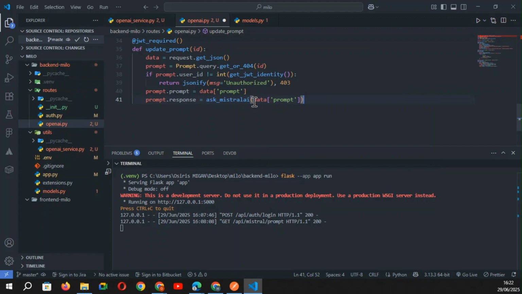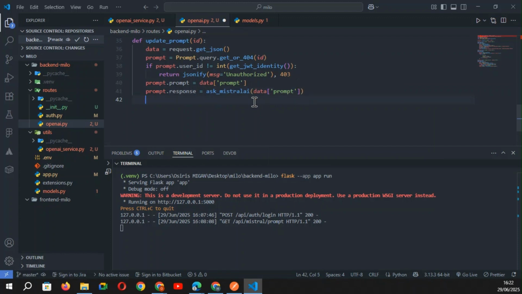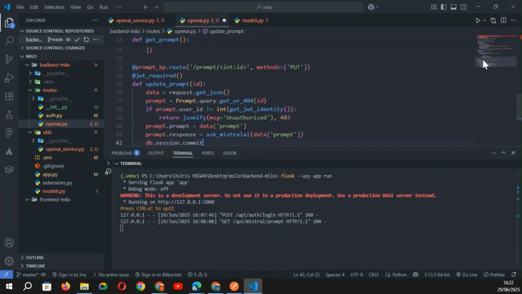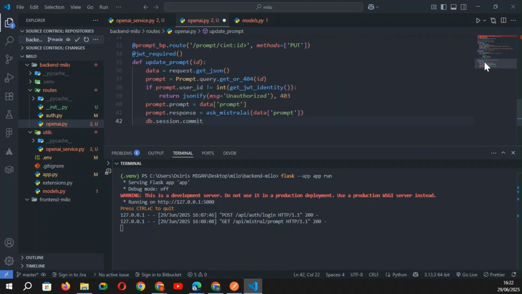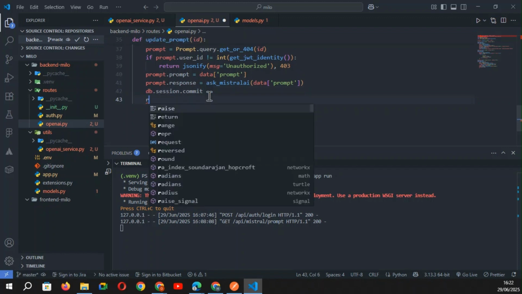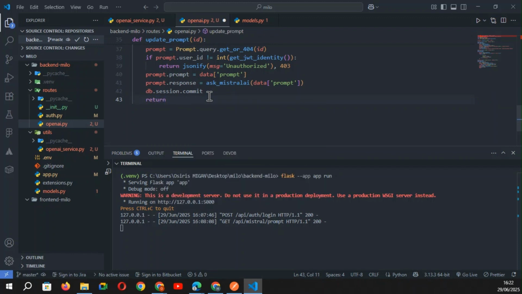And I can add now db session commit to save this modification. It is not a new creation, it is a modification, so I can use directly db session commit. And finally I return